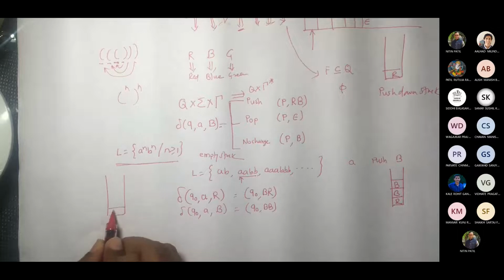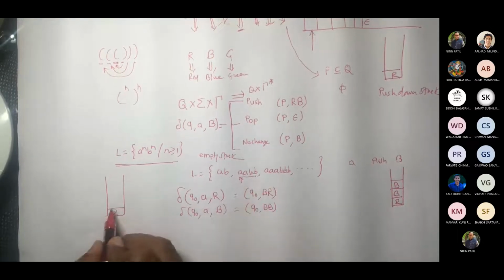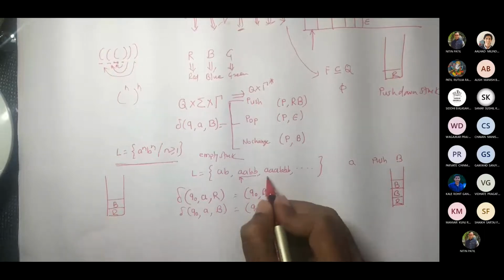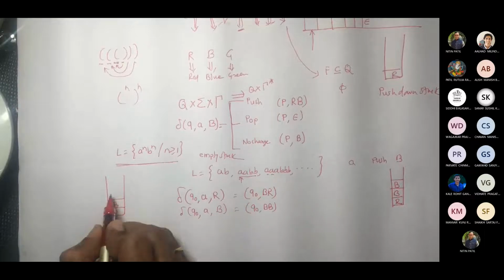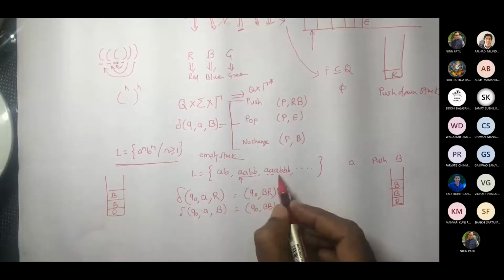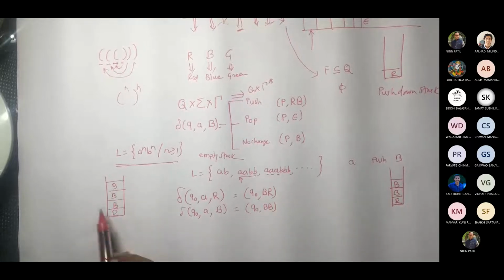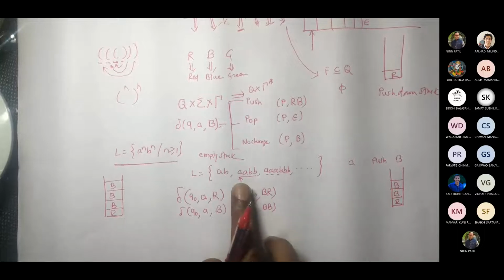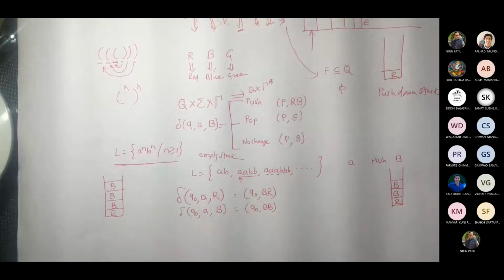At the top we have R. So Q0, now this is A, R, so we will push B. So we are getting this. Now this A is done. In the second A, Q0, A and B, we are pushing one B. Q0, A, B, we are pushing B. So in both cases, this should work. When I say both, I mean any string occurring in this set; these two are applicable there.